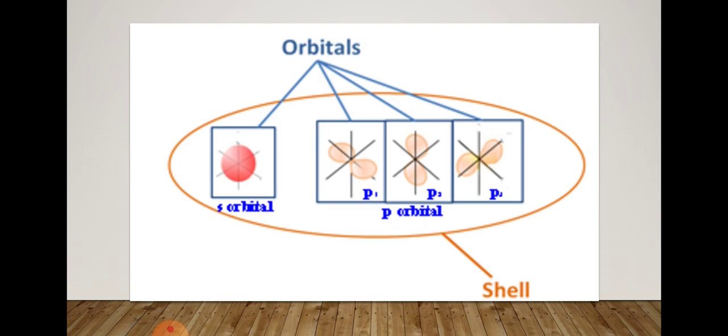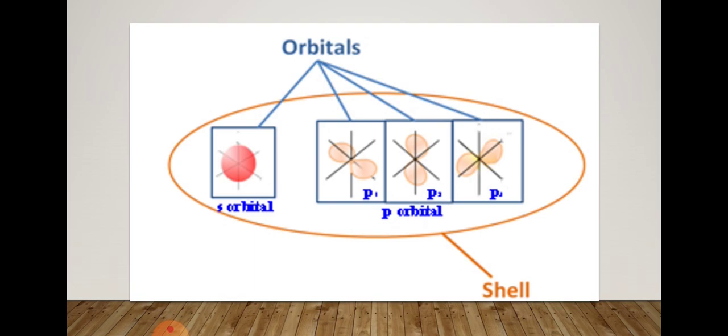According to the modern view, there are no distinct circular orbits around the nucleus. The thing which you were studying from class 7th, that circular orbits are present around the nucleus, the modern view says that there are no distinct circular orbits. And according to the Heisenberg uncertainty principle, the precise description of the electron path is not possible. Therefore, Bohr orbits have no real meaning.